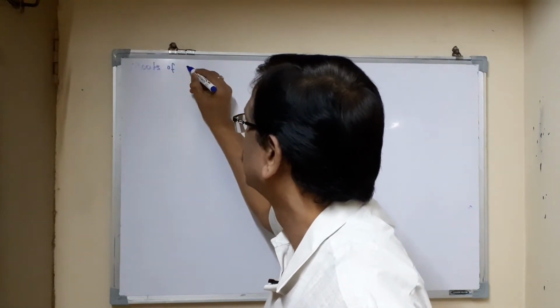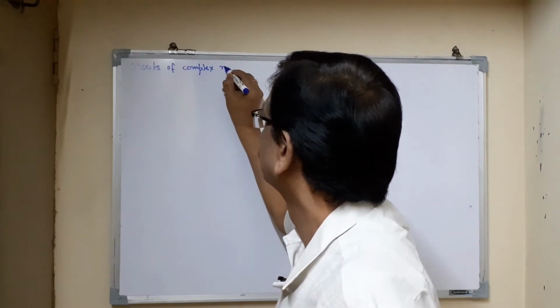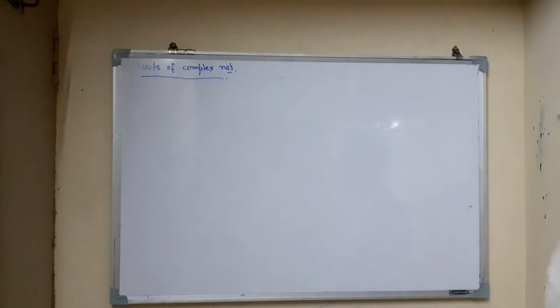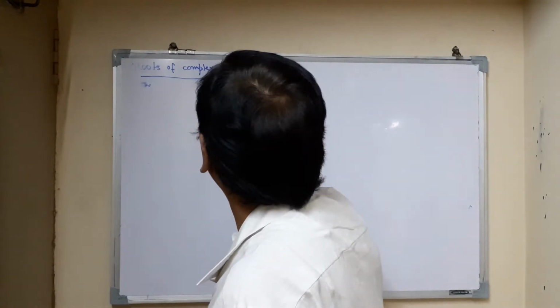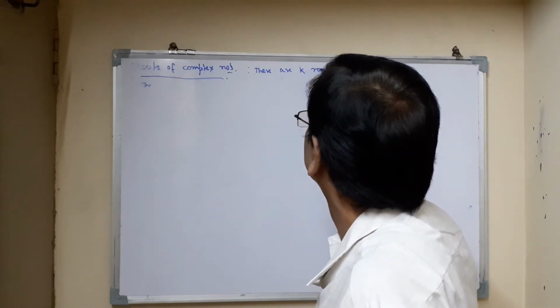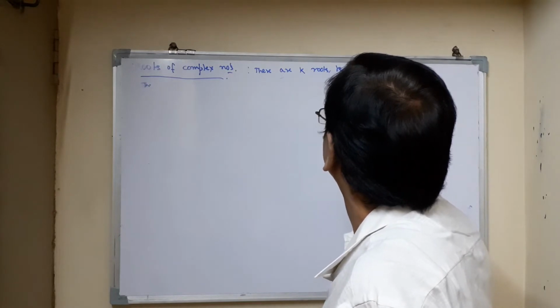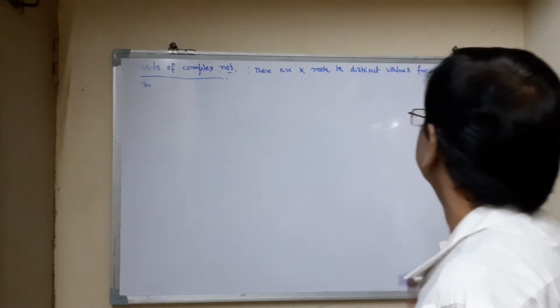The roots of complex numbers. Let us see how we can work for the roots. There are k roots, and k distinct values for the complex number